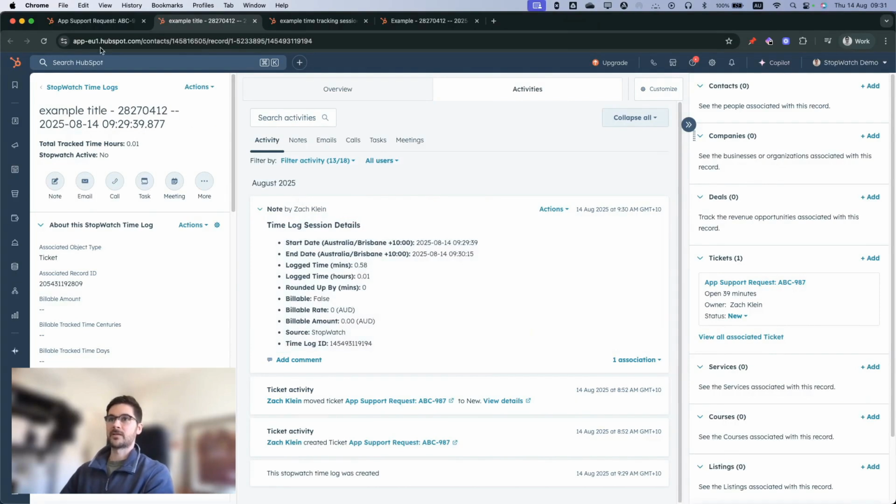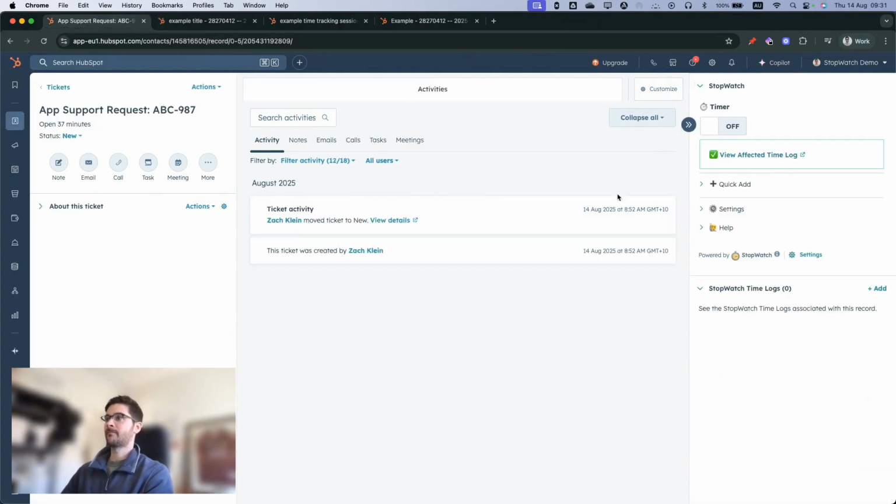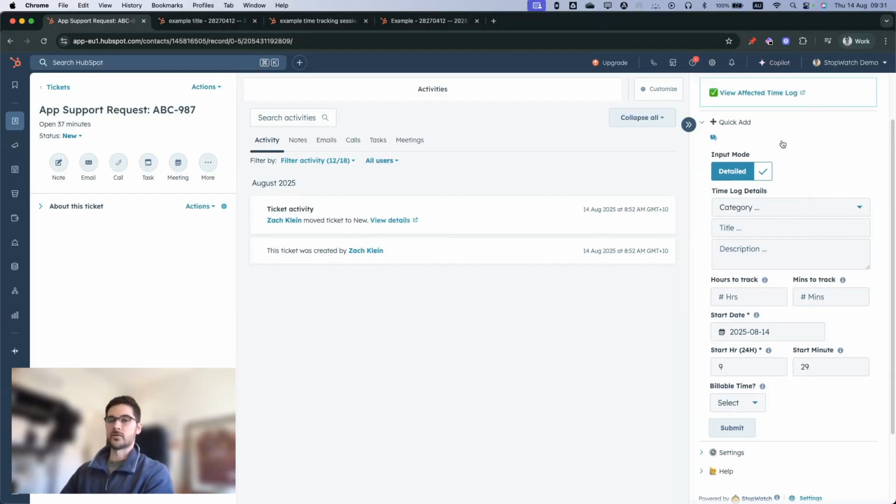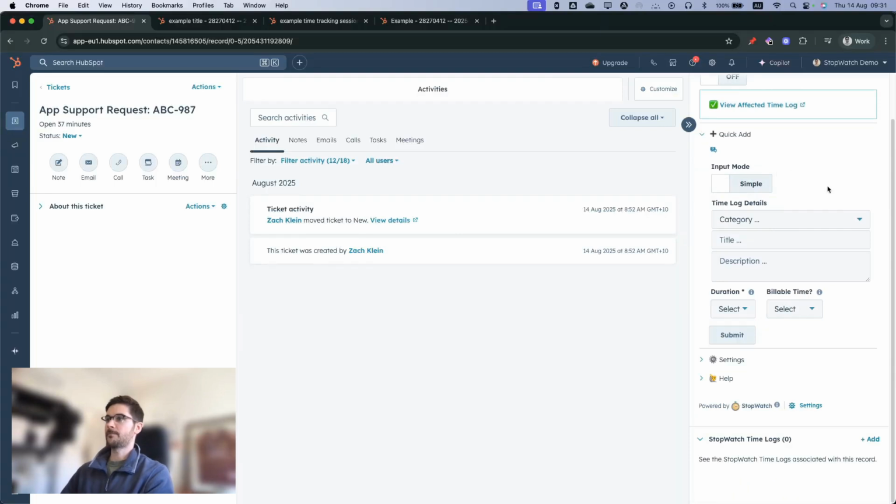Now, if I navigate back to my ticket, in addition to tracking time via the timer, I can also submit time tracking sessions via the quick add feature. So the quick add feature has two modes, detailed and simple. Let's start with simple. All I need to do is select a category if I like, customize the title